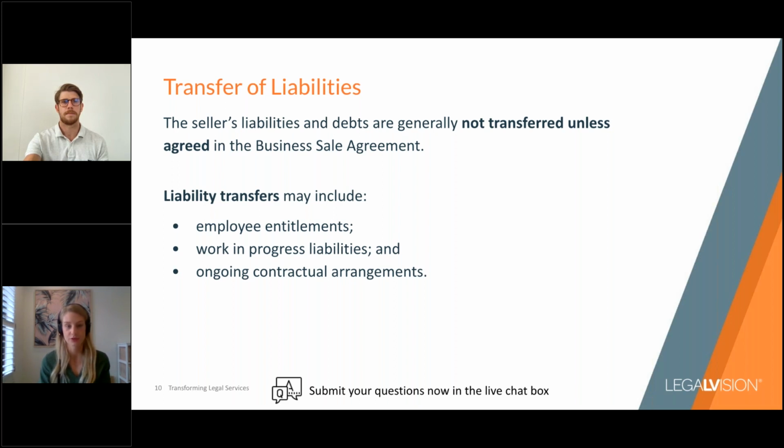So this is particularly important because obviously as the buyer of a business, you want to take on as little liabilities as possible. So liabilities such as employee entitlements, generally you take these on. So if you're employing employees going forward, they have accrued entitlements to things like annual leave and personal leave. Generally, the buyer will recognise these. The seller will pay a contribution, and Matt will talk about this in a little bit. But you'll set out in your agreement what's happening with those entitlements. You don't automatically take them on. Same with things like the work in progress liabilities and any other ongoing contractual arrangements. You'll have to agree with the seller what's happening with them, when you're taking them on from, and what those look like.